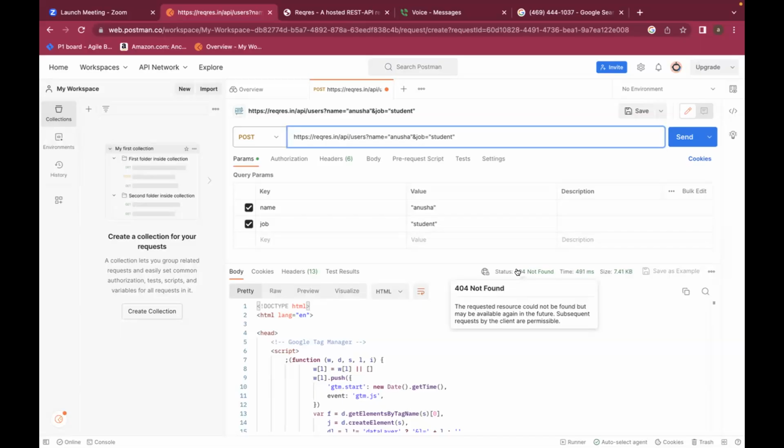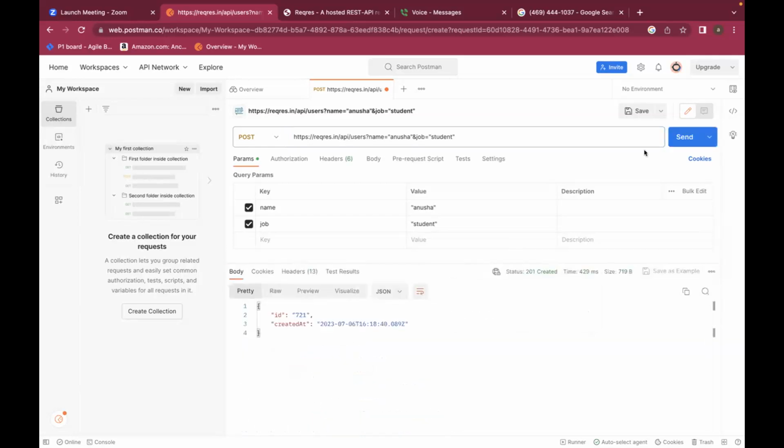All right. So now we know what status code is. So Anusha, send a post request once. Give some payload and send the post request. See what is the status code it is saying. Status code is 201. 201 is exclusively used for the post method. Whenever you are using post, you can see 201 created as the server response.